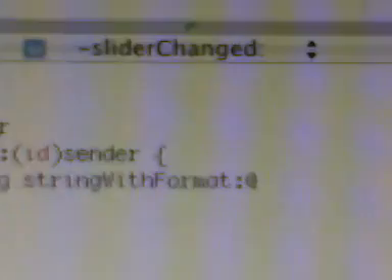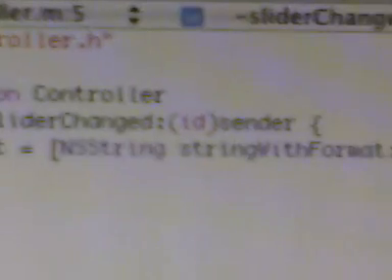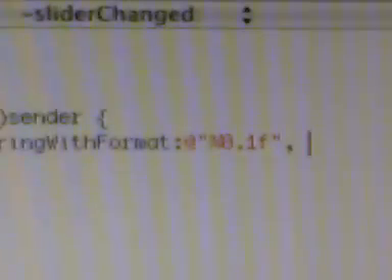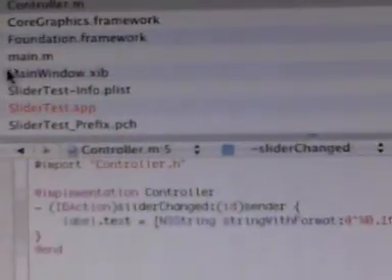Hope you can see that. You're going to do add %0.1f, and then slider dot value. So type that, and you see here, as you finish typing, it's going to do all those nice things. Okay, so save that, and then if you hit build and go at this point, everything